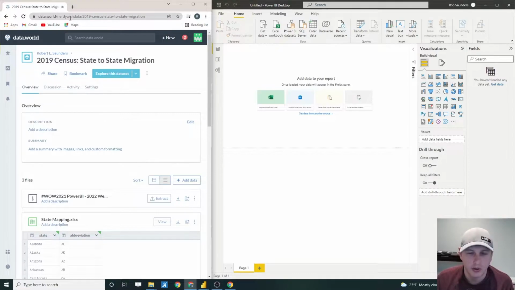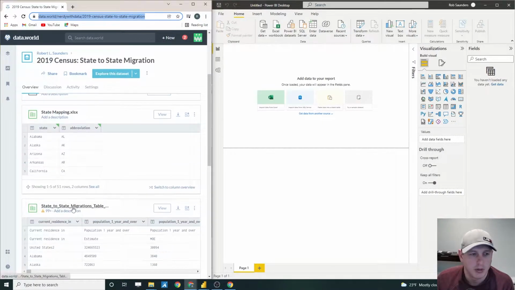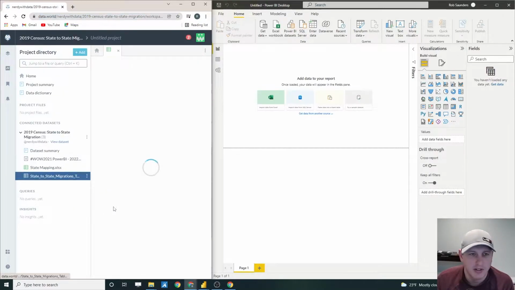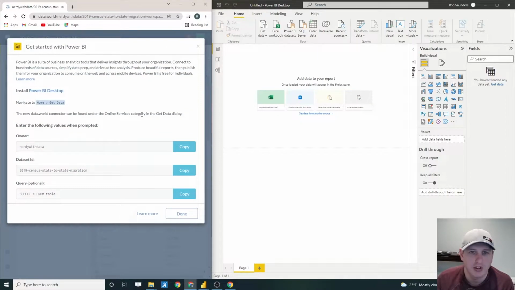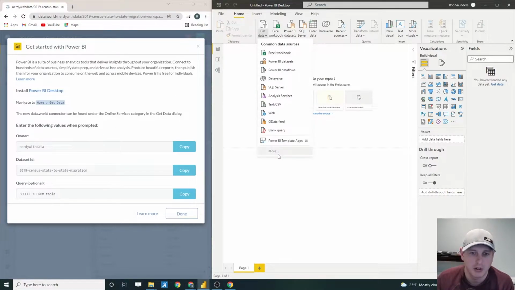What I've done is I've loaded the data.world URL that's in our blog post. And what we're going to do is load in the state-to-state migrations table as well as the state mapping table. So let's go ahead and go to the state-to-state migrations table. What you're going to do is click up here and open with Power BI. There should be some additional loading options that show up for you. You can go ahead here and open that up. This is going to show you what to fill in the data.world connector. So if we go back here to Power BI on our split screen,